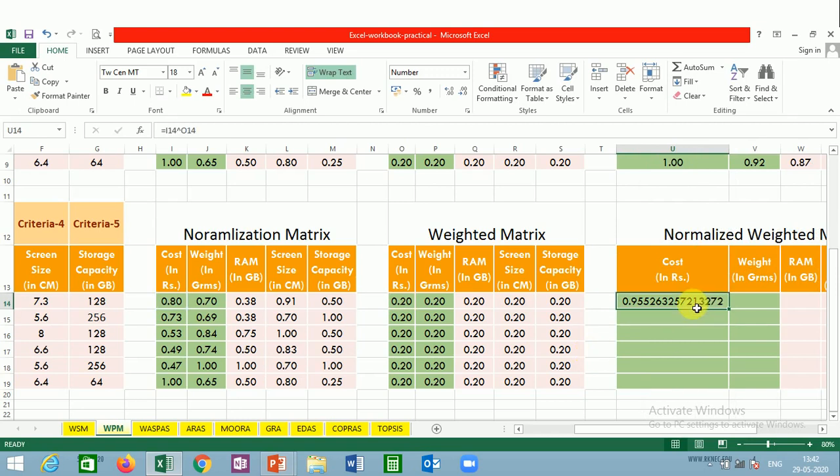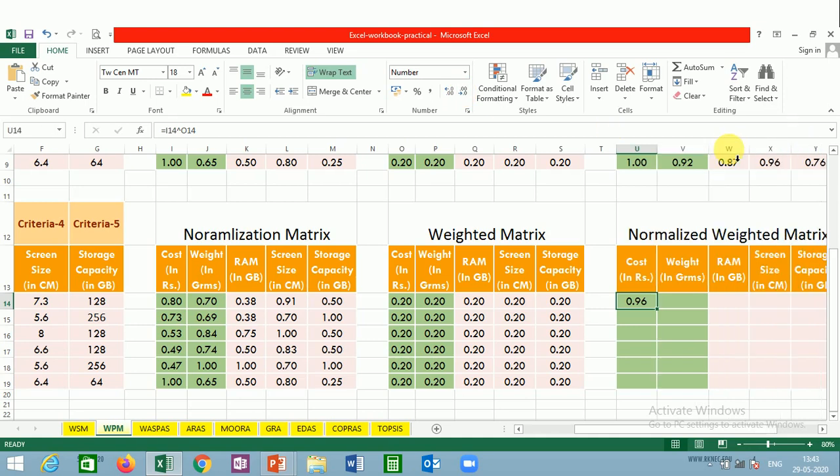Now it is a large value. If you want to reduce it, you can use these symbols to decrease the decimal points. Now I will decrease it and it has become 0.96. You need to do it in one cell only, and then just double click and the entire column will be filled with the respective formula.